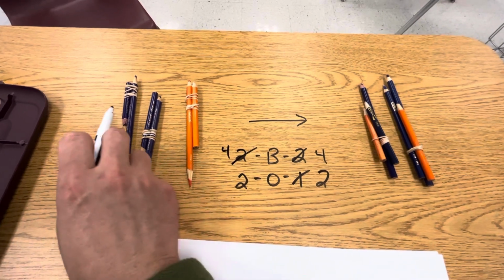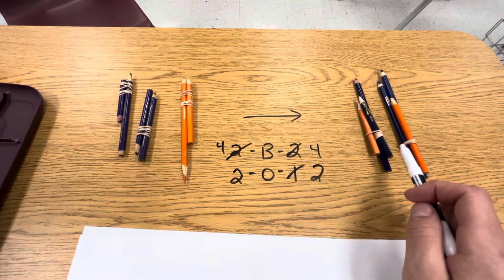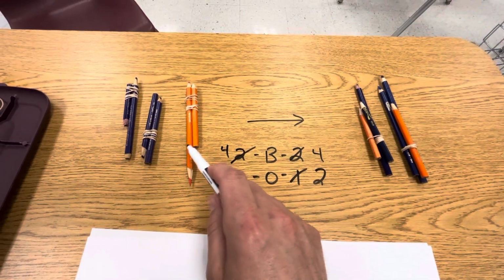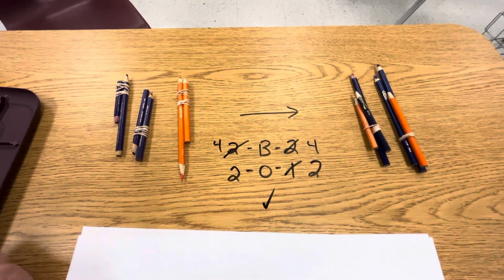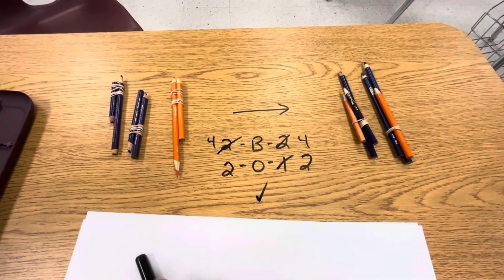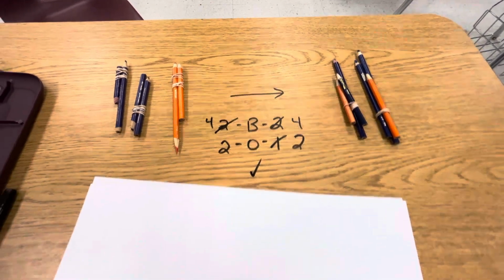Now we've got 4. We've got 1, 2, 3, 4. So we've got 4 blues on the left, 4 blues on the right, 2 oranges on the left, 2 oranges on the right. This one is balanced. And that is essentially what we're going to do. Now we're going to do it with molecules and not just random classroom supplies. So with molecules,